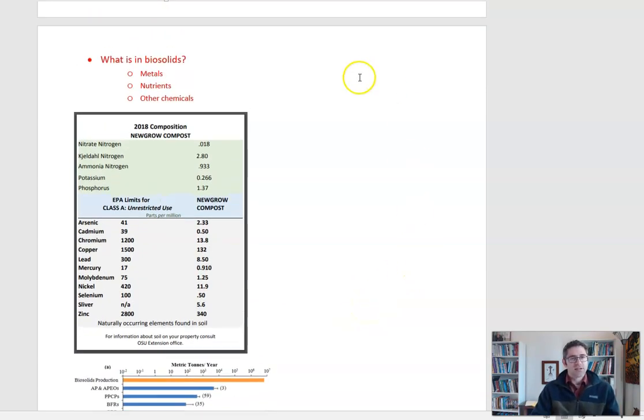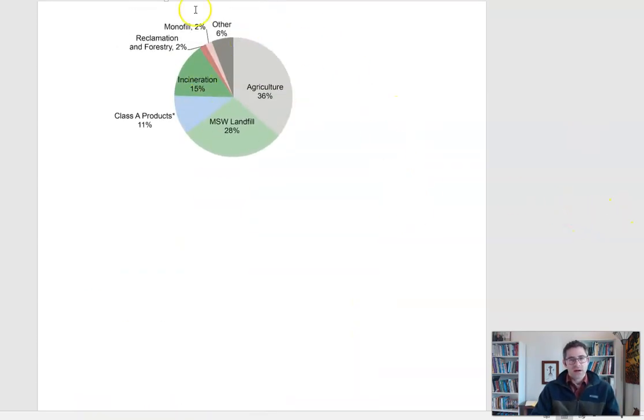However, just to emphasize, a lot of these techniques, with the exception of the municipal solid waste landfill, like putting it on agriculture, can give us a beneficial reuse of that product, right? We're using the nutrients in a place that we need nutrients. When we incinerate, if we have the right pollution controls in the incinerator and we are generating electricity from that incineration, that's a beneficial reuse of that product. And there can be beneficial reuse even at the treatment facility, for example, in the anaerobic digestion process, like I talked about. So biosolids are a place where we can recoup some of that lost energy that's wasted in our